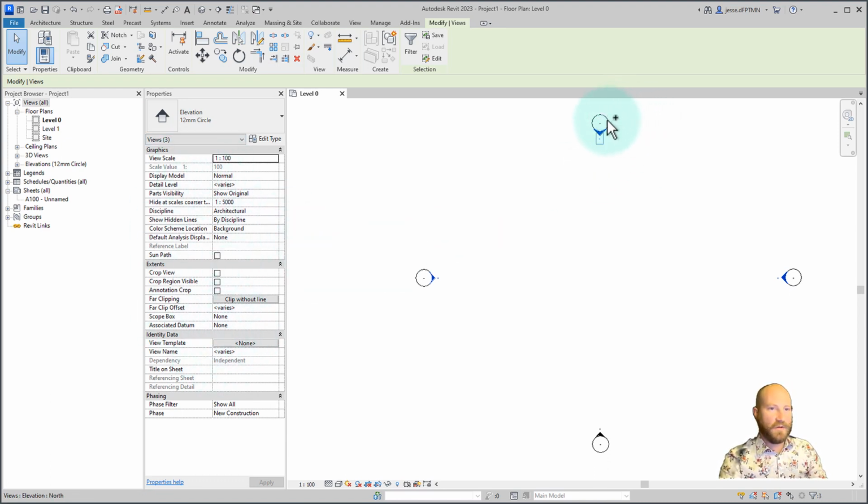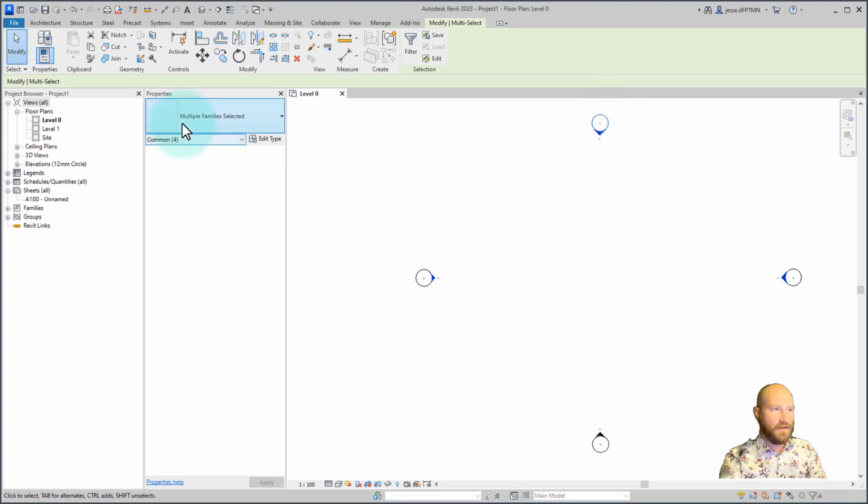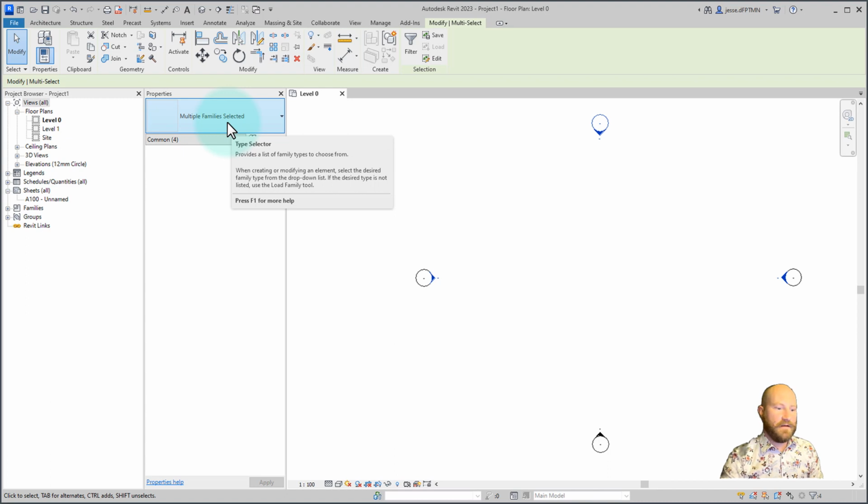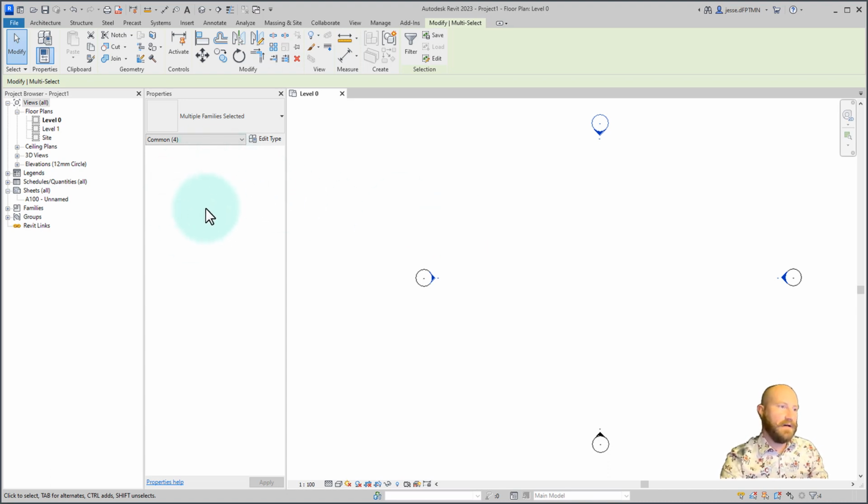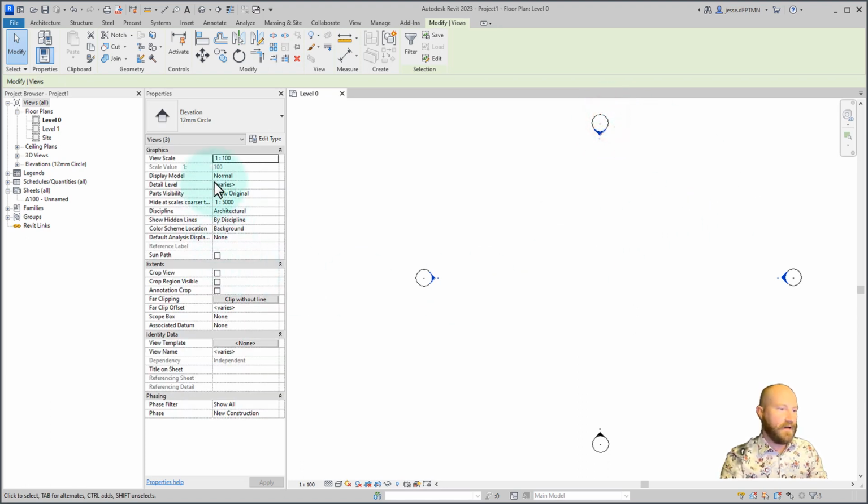If I hold Control and add another type of element, it's going to say multiple families are selected. This means that there aren't any common aspects to these different elements, and I can't modify anything that is consistent between them. If I hold the Shift key and deselect that guy, and let's just say I change this